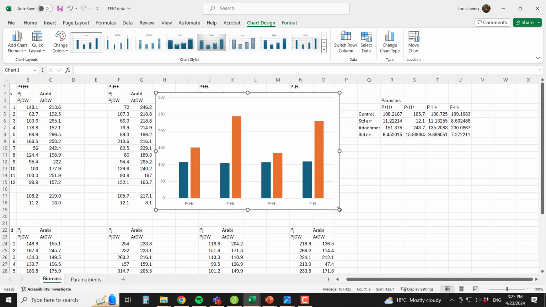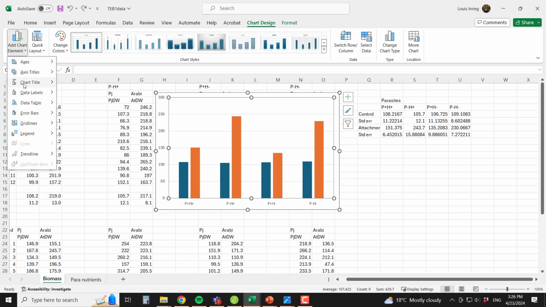So we've got a reasonable graph here, but we're going to want to add on some error bars, and we're also going to want to fix those axes to make them a little bit more pretty, a little bit more informative. So first of all, let's put on some error bars. If we're clicked into the graph, we can go up to the top here. There's a chart design tab,